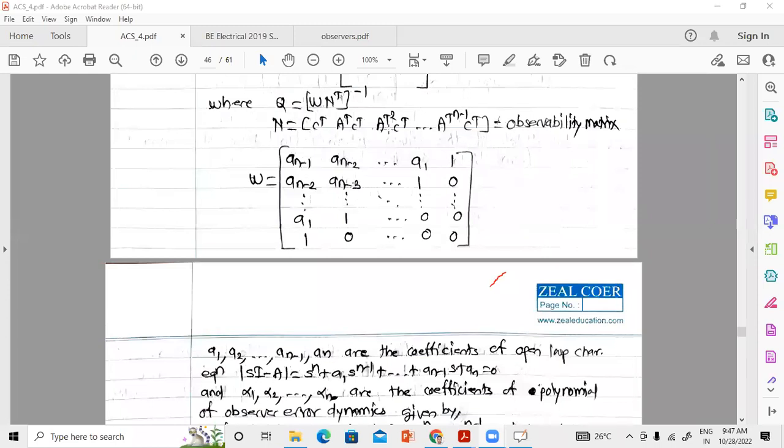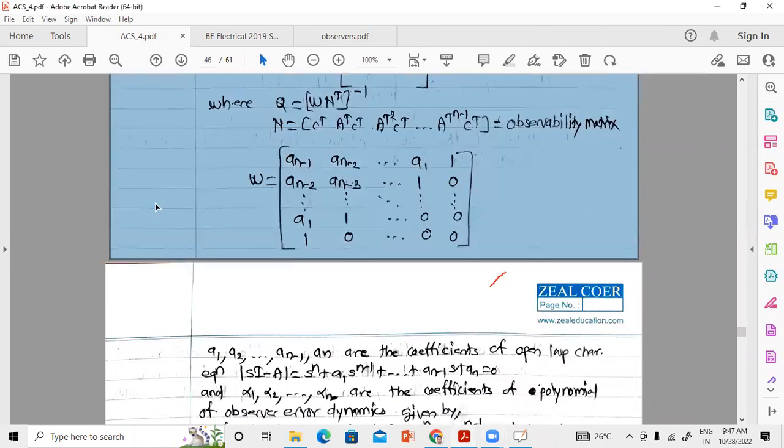What do we call this? It is the observability matrix. So W into N transpose, the inverse of all that, will provide us Q,